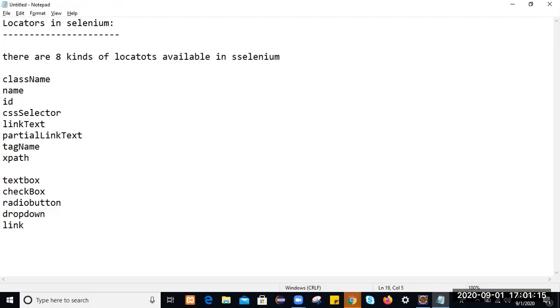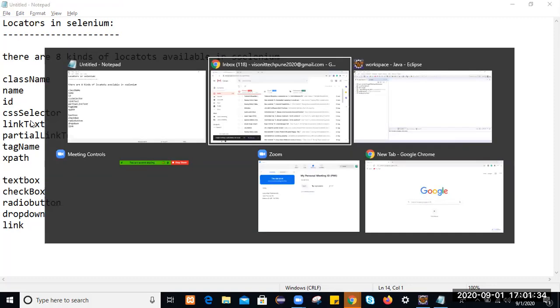We'll perform some operation on these web elements, but before performing the operation, we have to locate them. We have to identify them. So to identify the web element on the web page, we will use locators in Selenium.